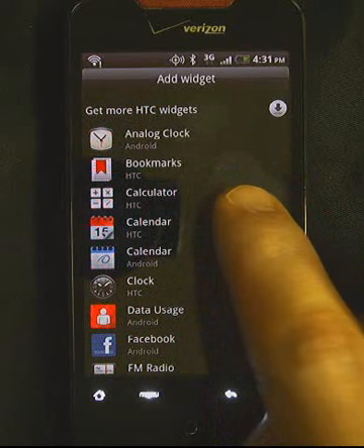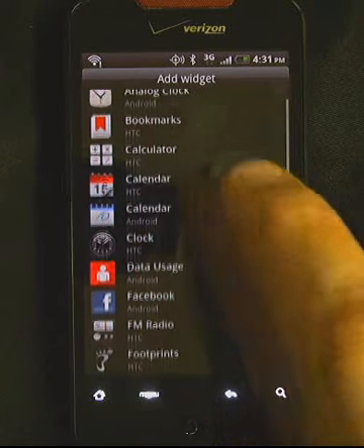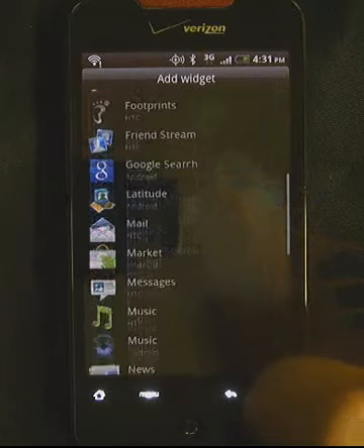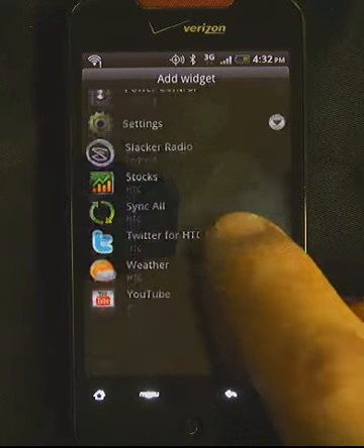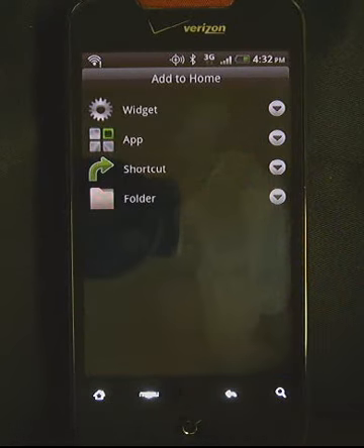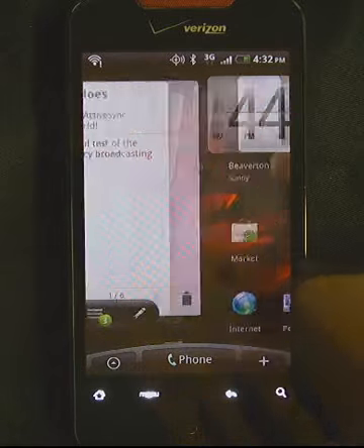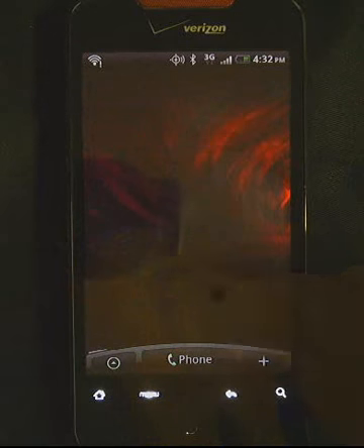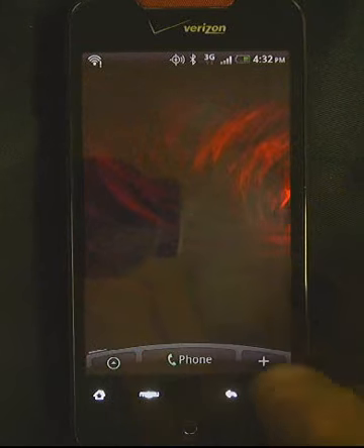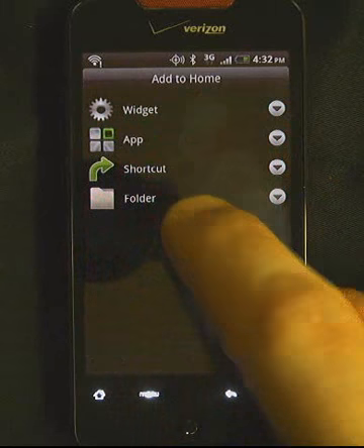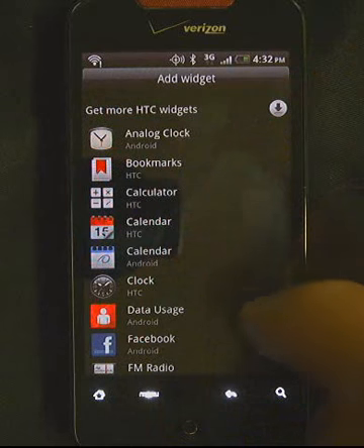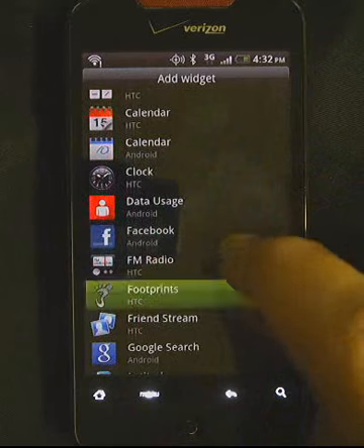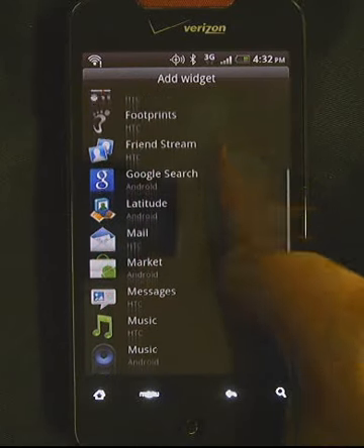These are fairly useful if you want a snapshot preview of a various application. As you can see, analog clock is here. You can also do bookmarks and whatnot. So let's go ahead and add a widget here. Go ahead and hit the return key, and we'll scroll over to a blank desktop screen. Press and hold, go to widget,